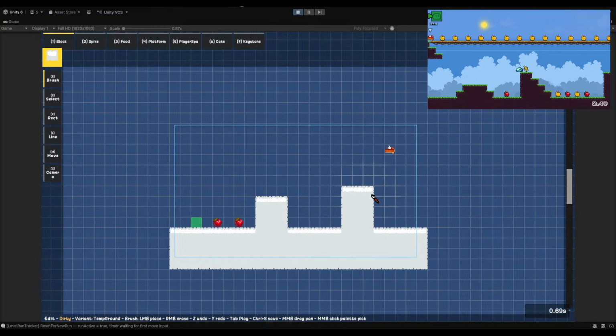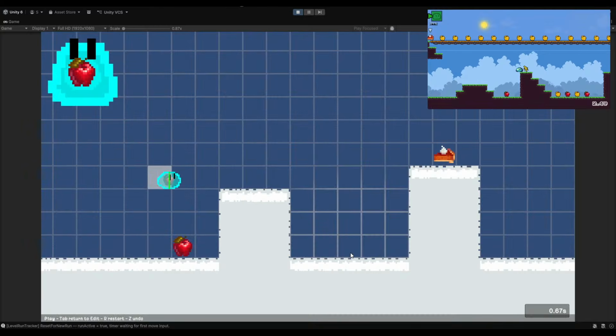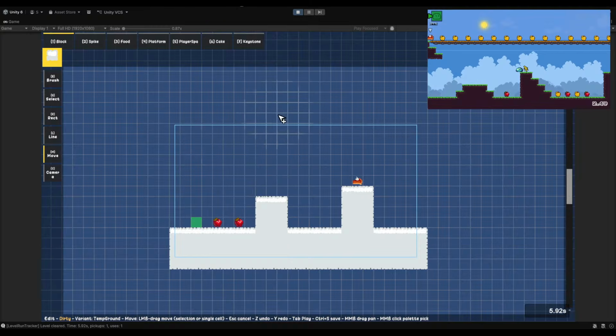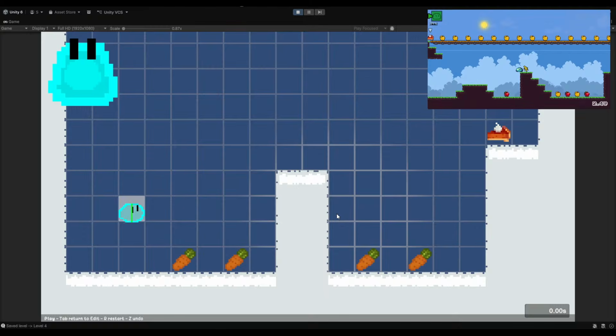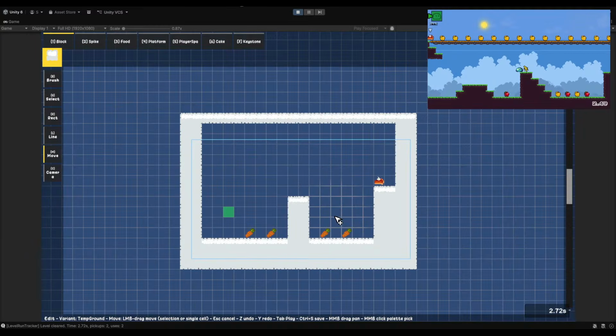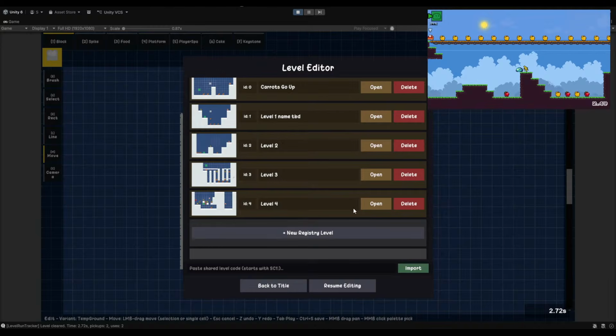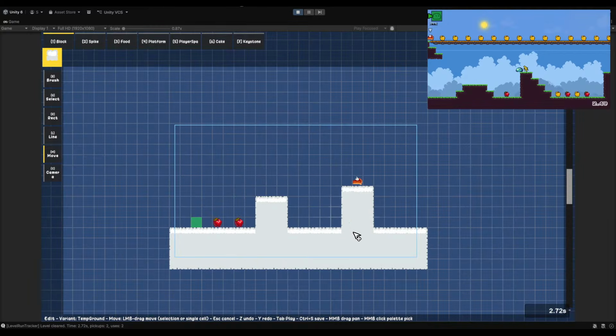Then I don't want this to be just a simple level like this. I think this level is too simple, right? Obviously. So we need to do something more than this. And I don't want to do the similar example of, oh, you use carrot and you just win. We could do exact same layout, but that's just boring. And this is where level design comes into play, because now I have to think, I forgot to hit save. Oh no, I did hit save. Yeah, now I have to think, how am I going to do that?